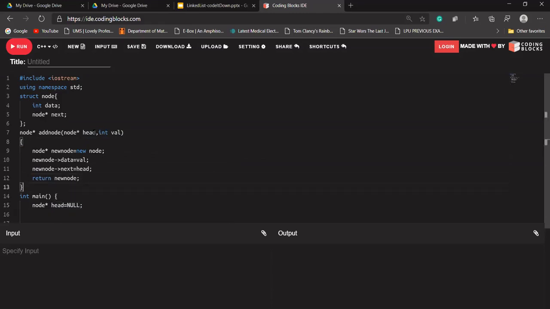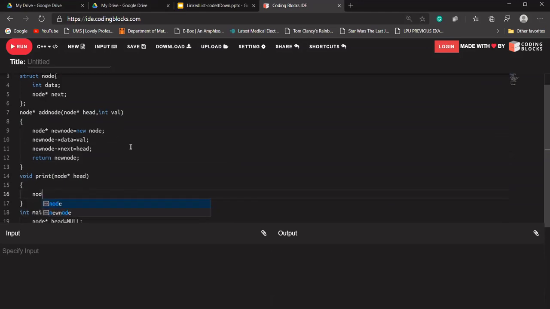Let's quickly write the code for the print function. Pass head through it. Let me use a temporary current pointer, or you can directly iterate through the head. I'll simply use a current pointer.